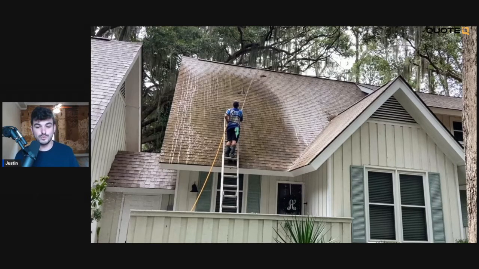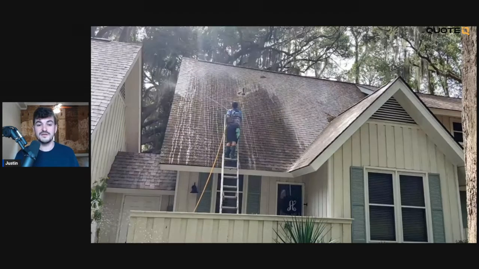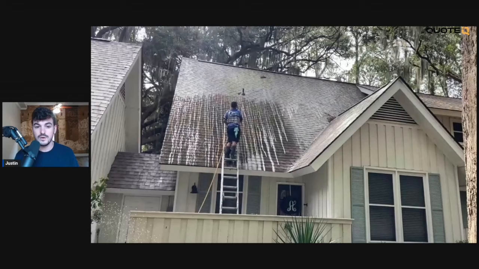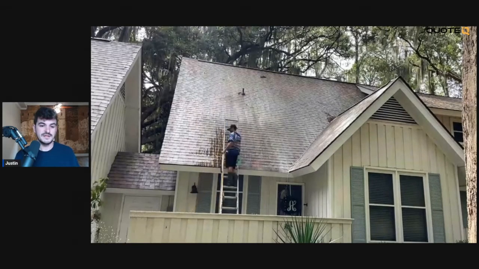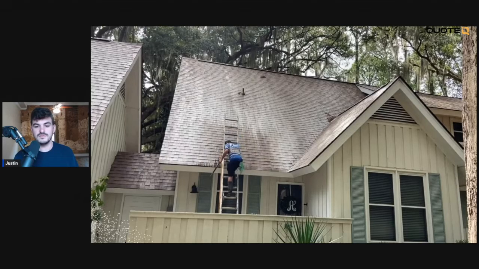The next one is roof cleaning. As you guys know, if you don't know already, you cannot put pressure on a roof. You damage the shingles, you damage the integrity of the roof. Just a bunch of things can go wrong. So with roof cleaning, it's another thing that you're going to need chemical for. It's the only way to clean it. And as you guys can see, chemical reacts with the organics, kills the organics, and you make a ton of